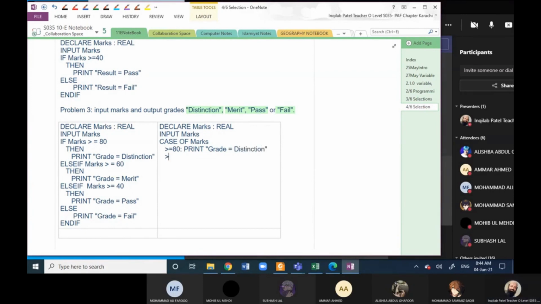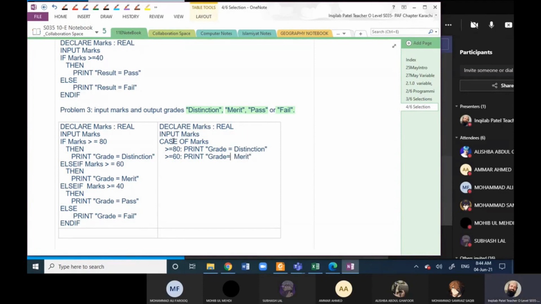Then greater than equals to 60, print grade equals to merit, right?